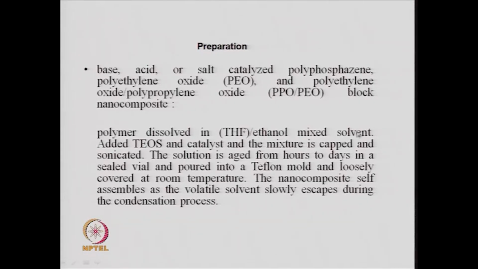This THF-ethanol mixture is the solvent, and the polymer is dissolved in the solvent. The polymer can be one of these or something different, and then you add TEOS, the silicon precursor, and the catalyst to cause the reaction,